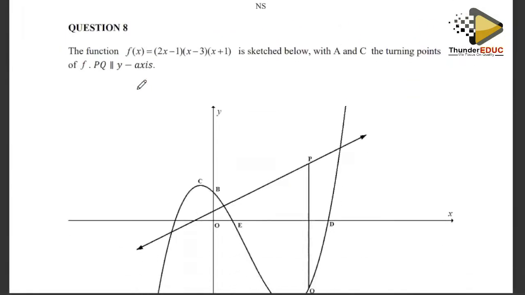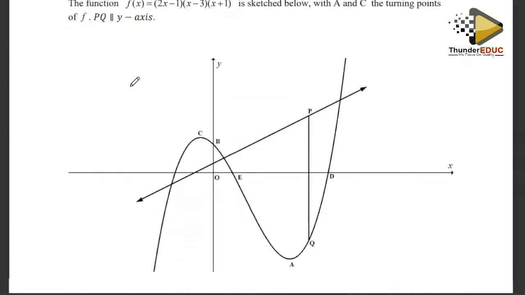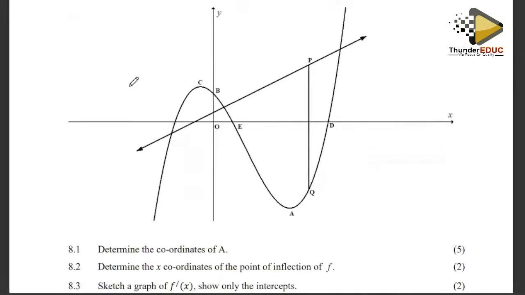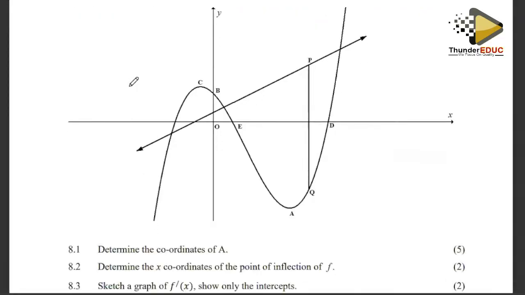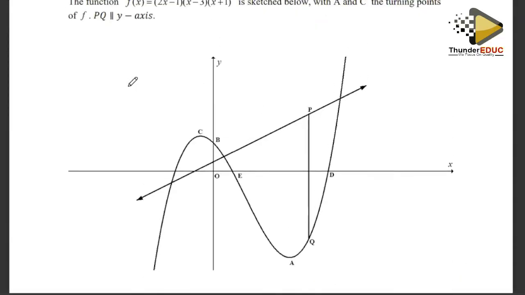Question number 8, we have the function. If f of x is this, with A and C being the turning points, PQ is parallel to the y-axis, they want us to get the coordinates of A. 5 marks. Okay, so we know that A is a turning point. And for us to get the coordinates of the turning point, we have to find the first derivative equated to